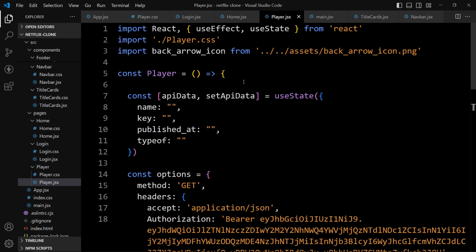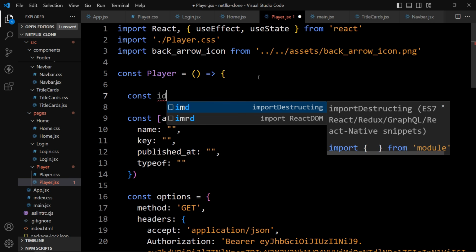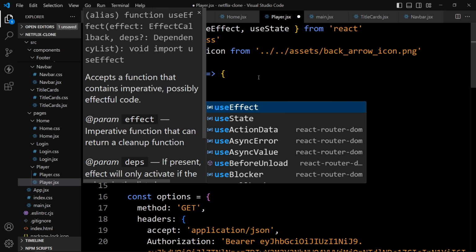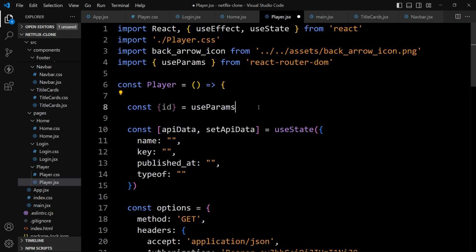So let's add const ID, and let's add it in the curly braces, ID equal to useParams. Select this useParams. So it will be imported from this React Router DOM, and add parenthesis. That's it.